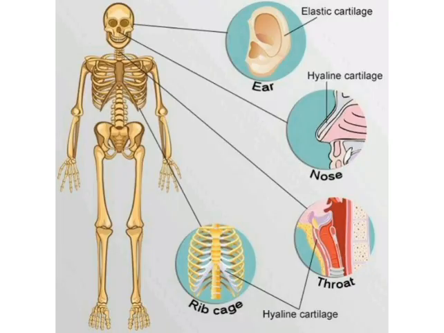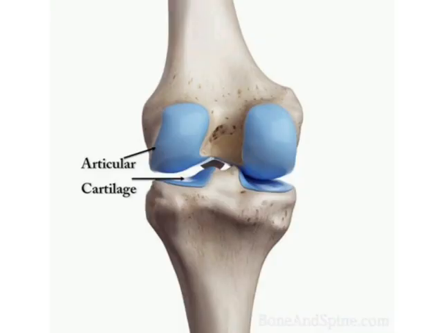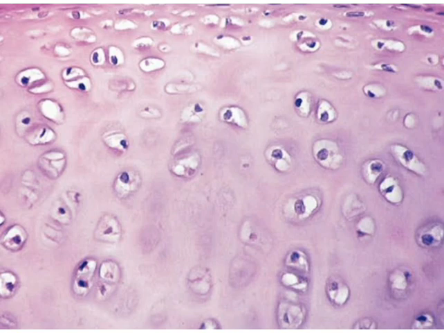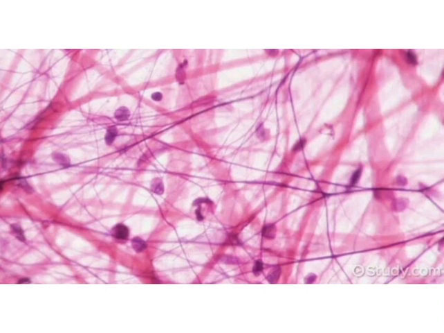Have you heard of cartilage? This connective tissue is present in our external ear, tip of the nose, windpipe or trachea, larynx and ribcage. It is also present at the bone surface in every joint. Cartilage has widely spaced cells. Its matrix is composed of proteins and sugars. While blood has a fluid matrix, bones have a hard matrix, whereas cartilages have a jelly-like matrix.